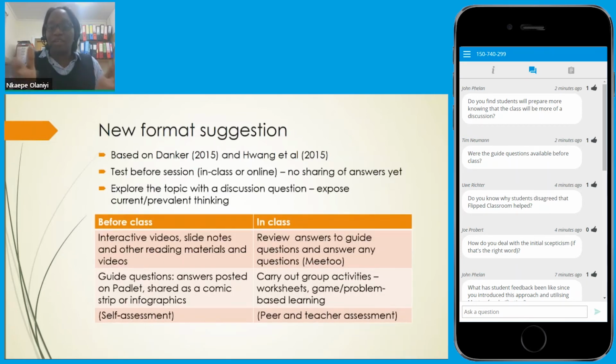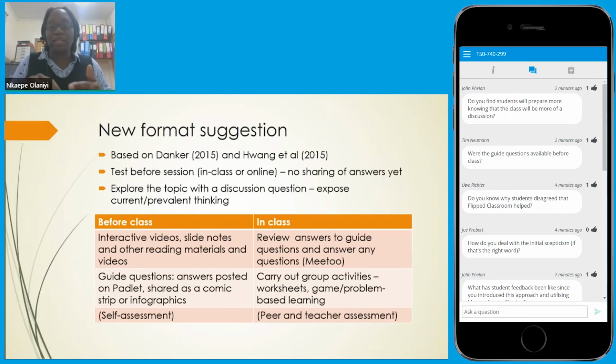Then we'd have the flipped lesson split. So before class, they'd have the videos, the slides, reading material. I would actually put the guide questions before class, make it available online for them to use as part of their self-assessment, not just the test. So again, they could then post answers on Padlet or something else, depending on how creative you want them to be. And then in class, we would review those answers and then still have some more question answer sessions using Meetoo,